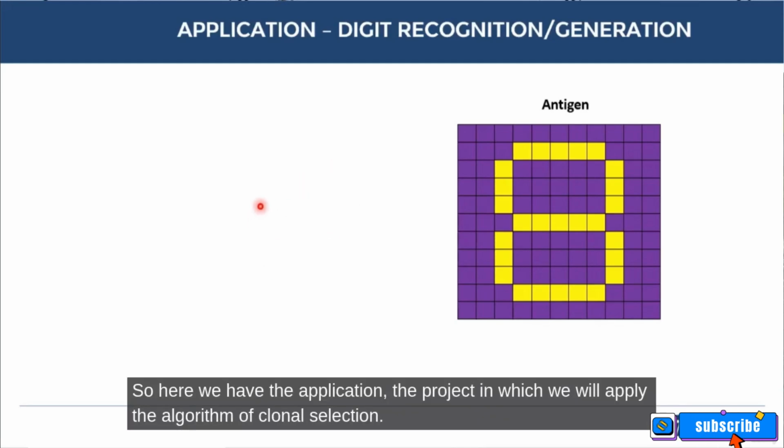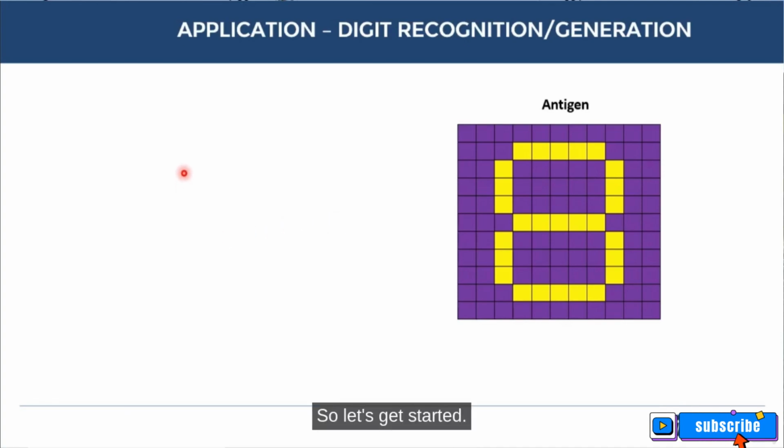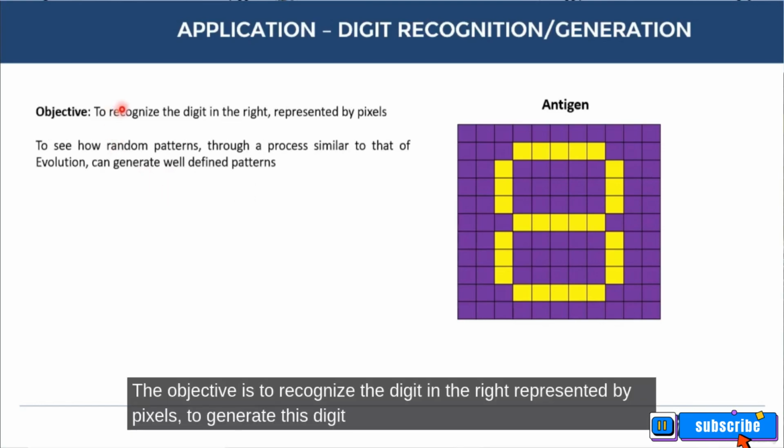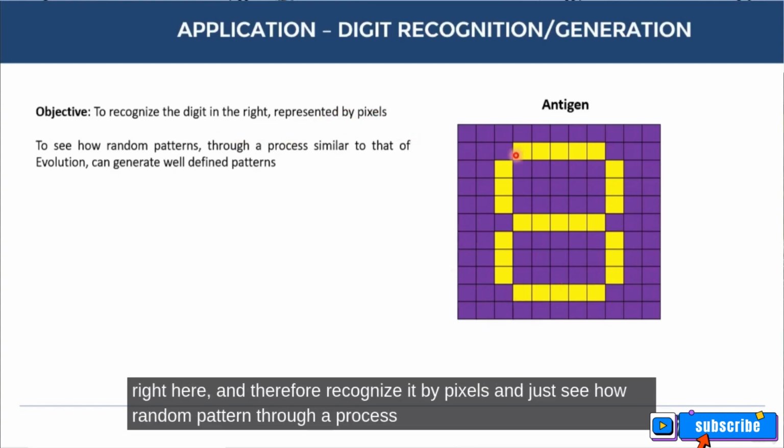So here we have the application, the project in which we will apply the algorithm of clonal selection. So let's get started. What is this project about? This is actually a project of digit recognition or generation. The objective is to recognize the digit on the right, represented by pixels, to generate this digit right here and